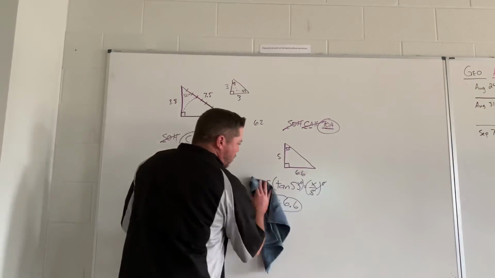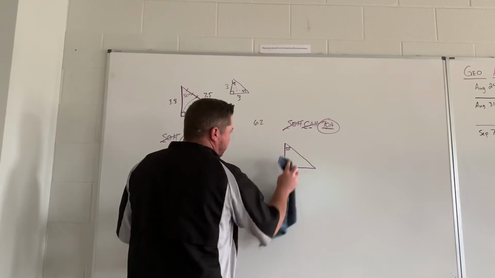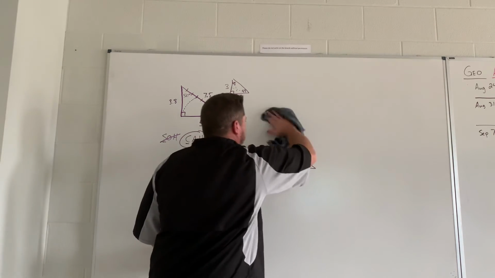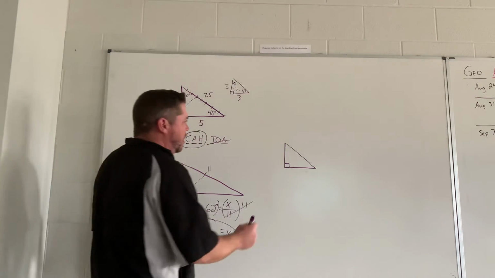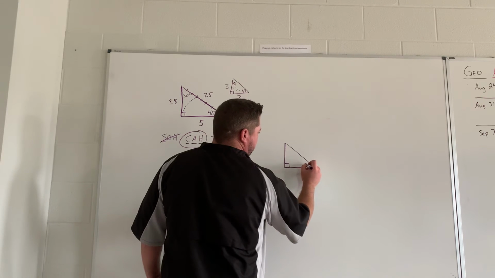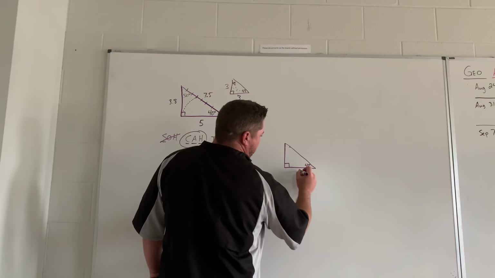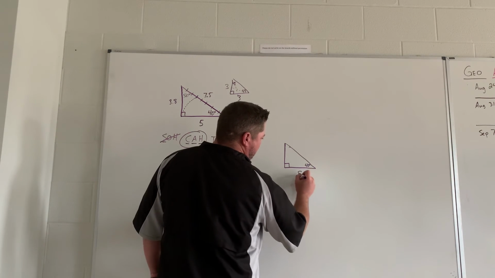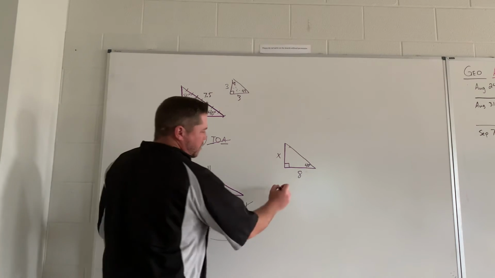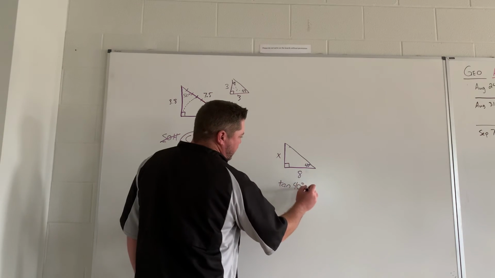So let's look at one other part. I'm just going to flip this angle real quick. All right, let's say this angle were 40. Let's say this is just 40. And this time I'm given my adjacent of 8. And I'm going to look for my opposite. So we're going to use the same one. We're going to use tangent of 40 is equal to the opposite